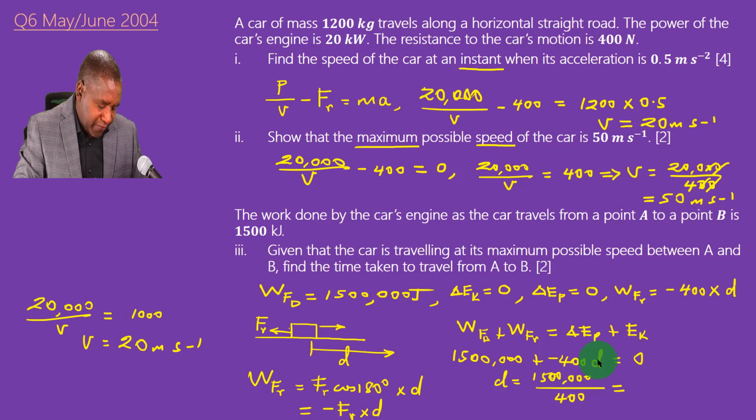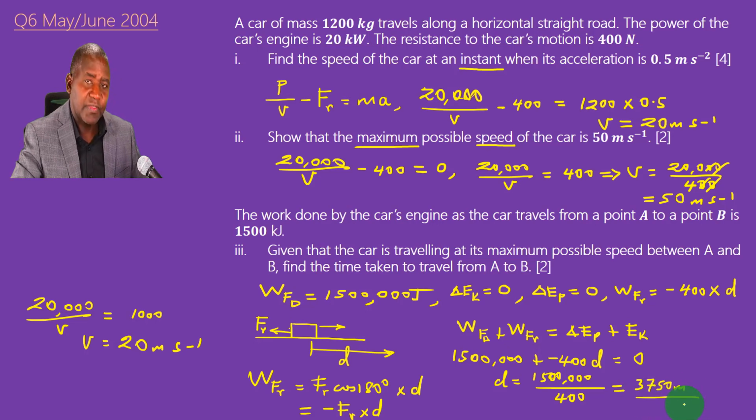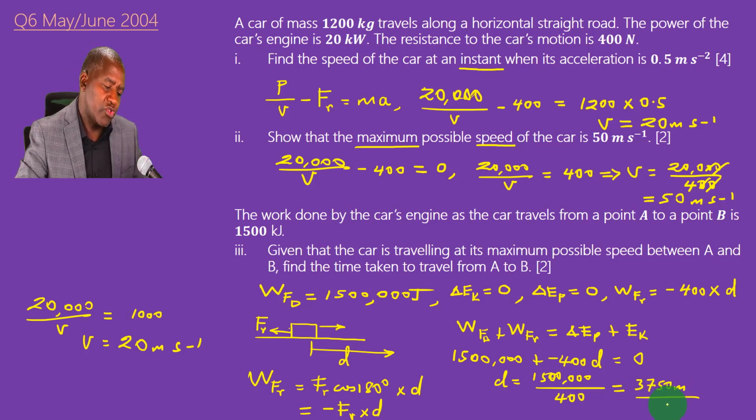I divide that by 400 and I get it to be 3,750 meters. And like I said, if this car is traveling at constant speed, then time is given by